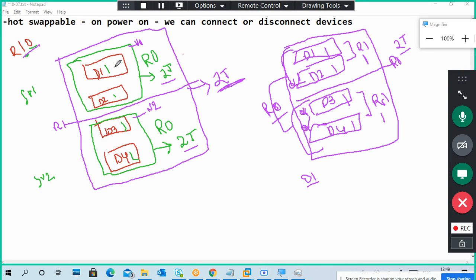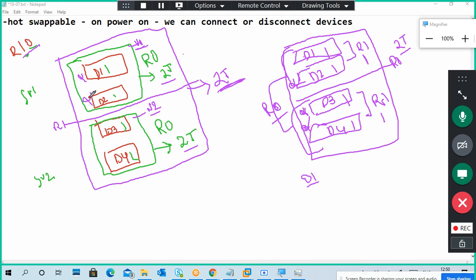Okay. So if in case disk 1 fails, this volume 1 will fail, but no problem, volume 2 is there, because volume 1's data is in volume 2. If in case disk 2 also fails, no problem, volume 1 has already failed, so volume 2 is still there.